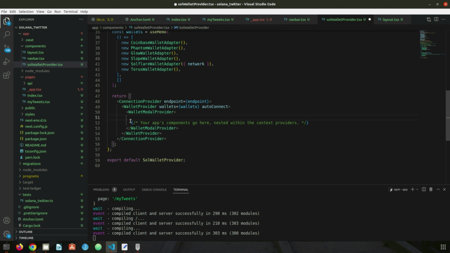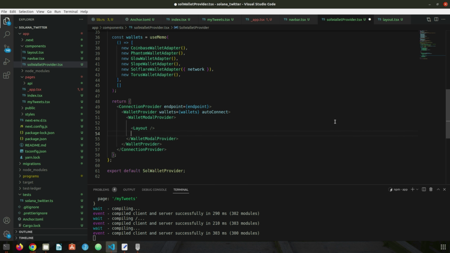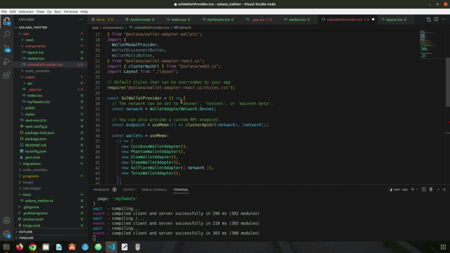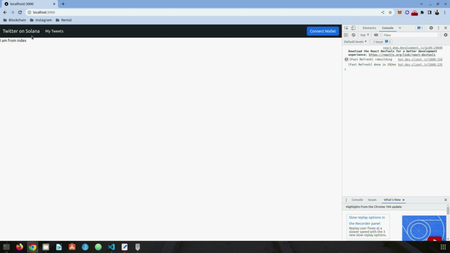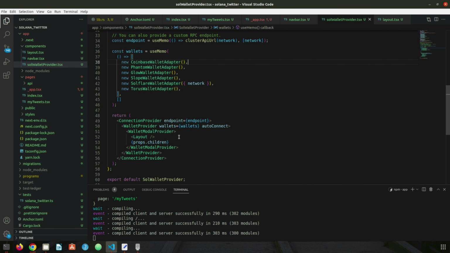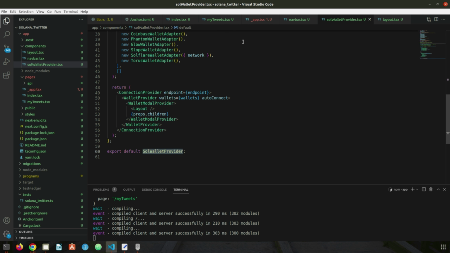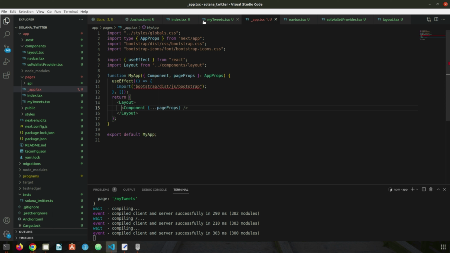Okay. And instead of saying this, I'm going to say layout, and I'm going to say props. I'm going to say props.children like this. And then we would also take props as parameter. If we go back to our app, nothing should change because we are not using it. So in order to start using this component, technically this component instead of layout throughout our app, you should have